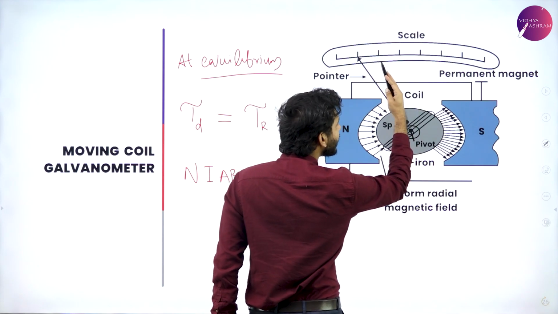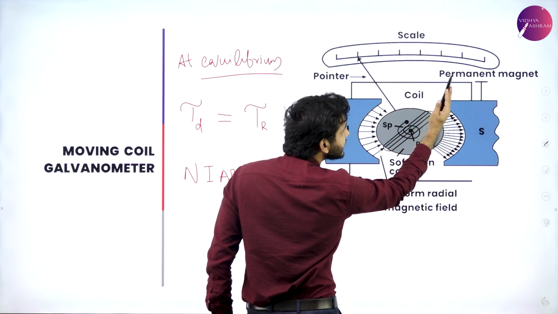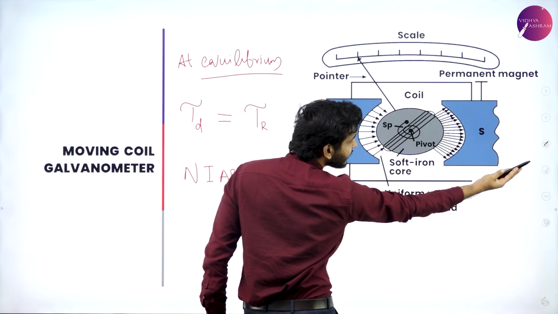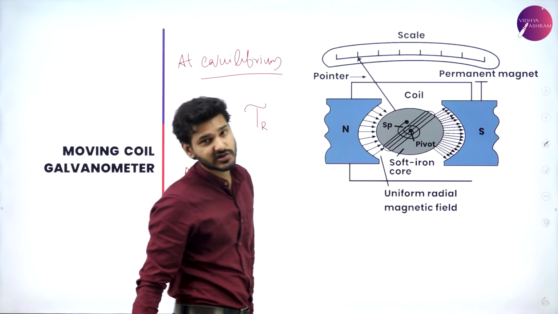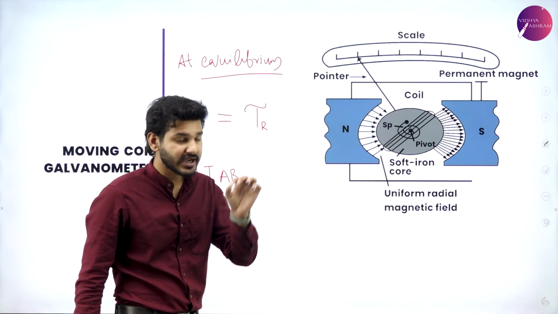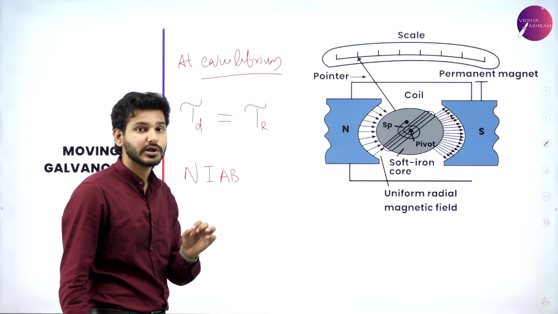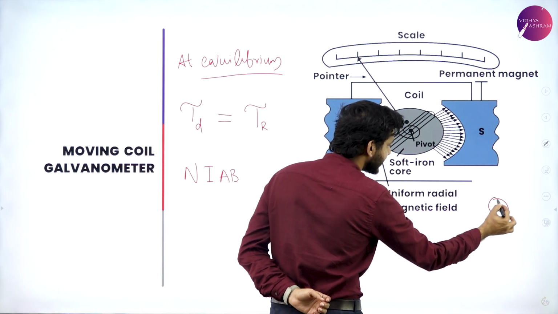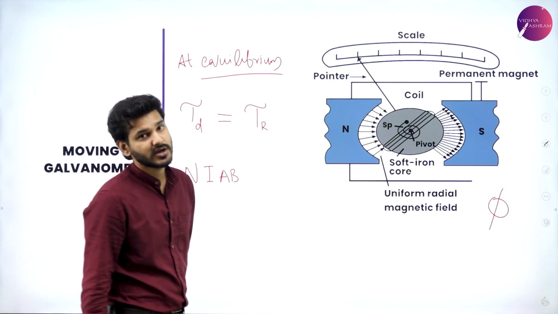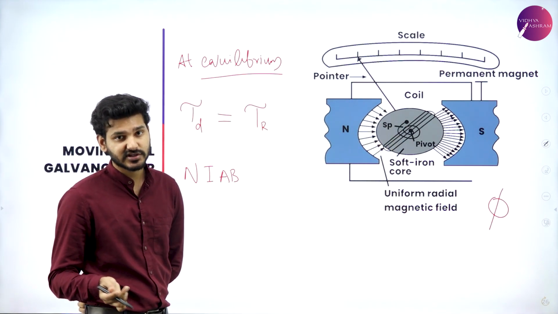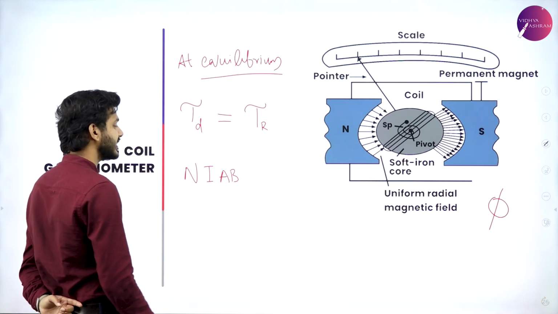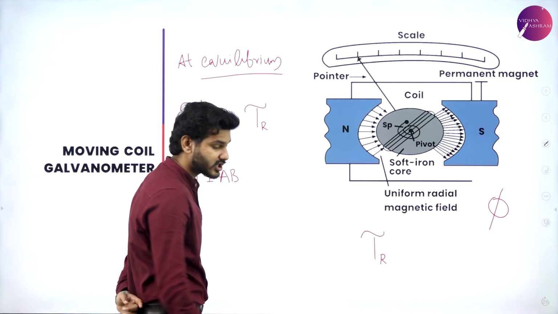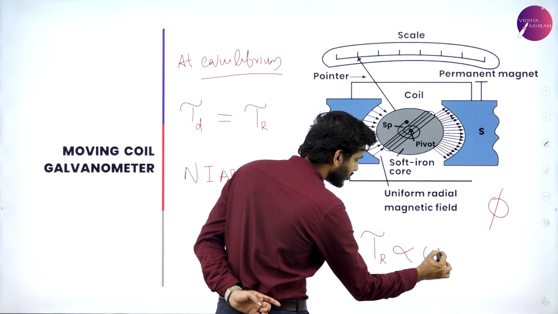So, when the spring is wound up only a little, we can say that the deflection in the needle is also very little. When the spring is wound up even harder, the deflection is even larger. So we can say the restoring torque experienced will be directly proportional to the deflection. The deflection angle is indicated by the letter phi. So phi is nothing but the angle of deflection, or simply deflection. So we can just directly say that tau R, that is restoring torque, is directly proportional to the deflection,